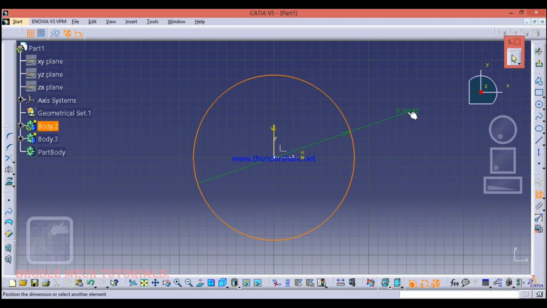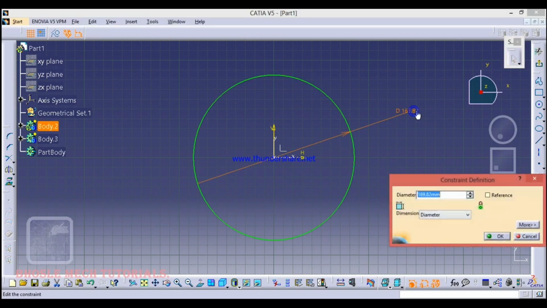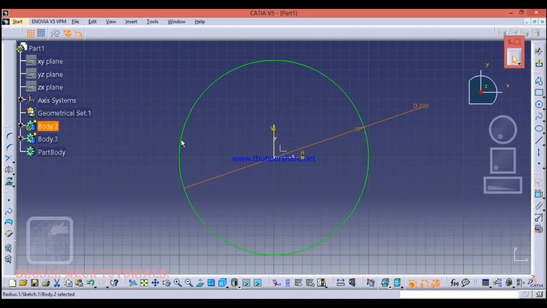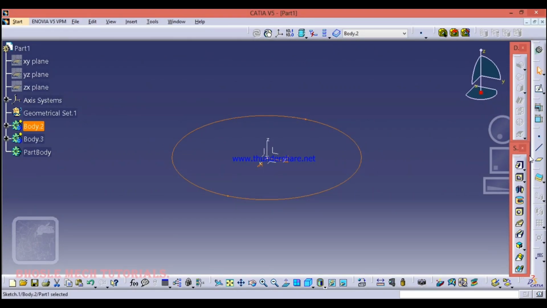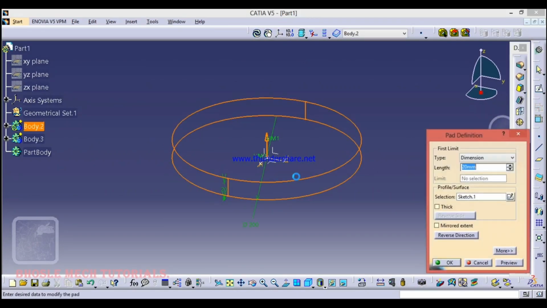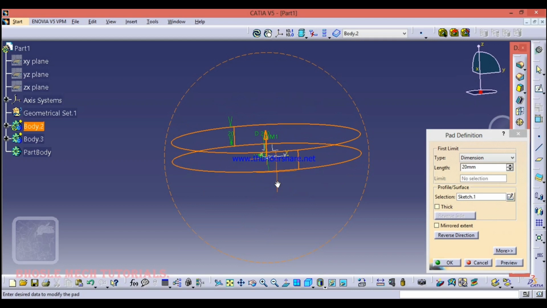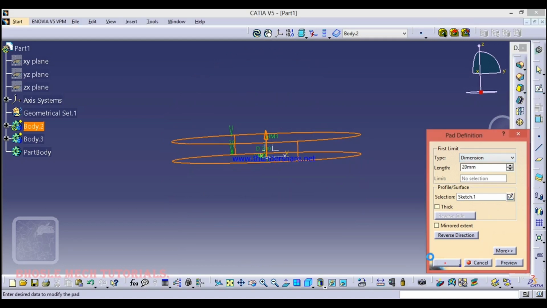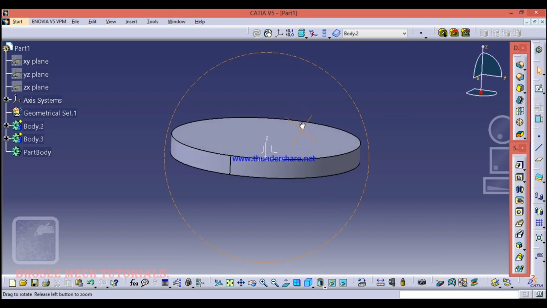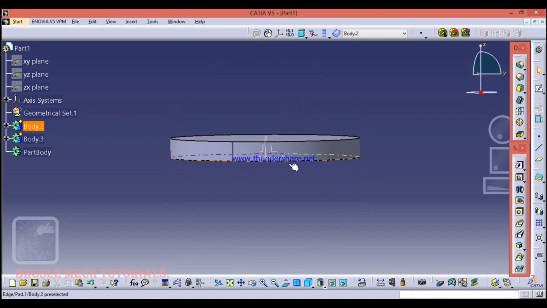See friends, this is a circle of 200 mm. Okay, and exit the sketch and go for pad. See friends, here I am padding 20 mm. See here, on the XY plane body 2 is created.